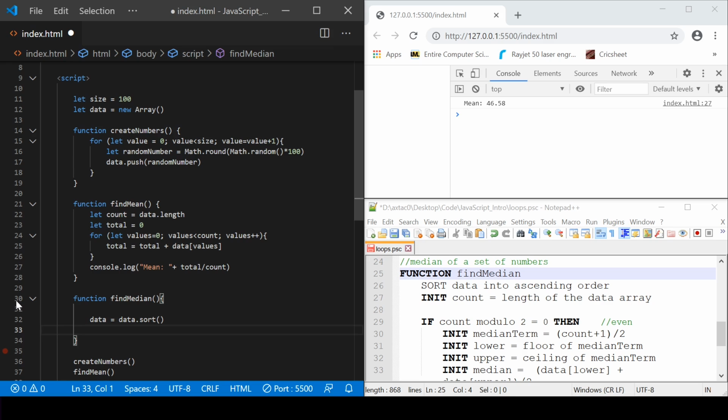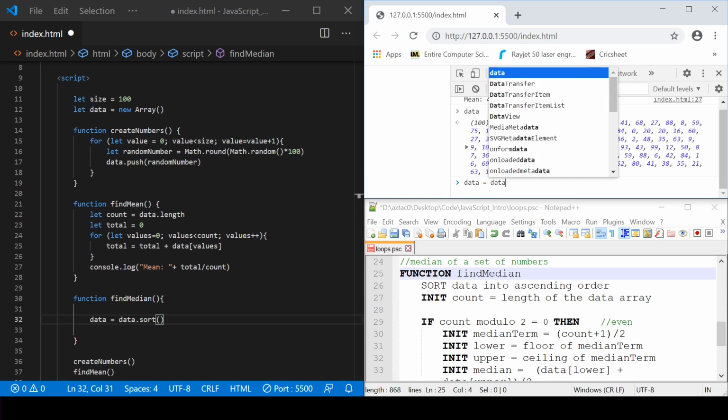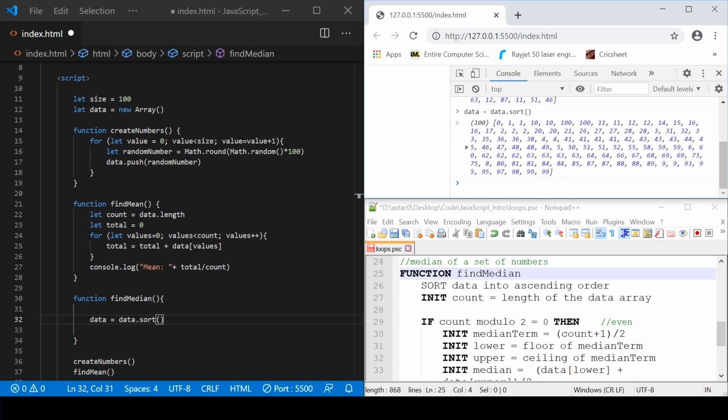But we can't just run it straight. I'll show you why. So just over here, let's have a look at data. Now our data values here are not sorted numerically. They're just random. If I go data equals data.sort, you'll see they are sorted